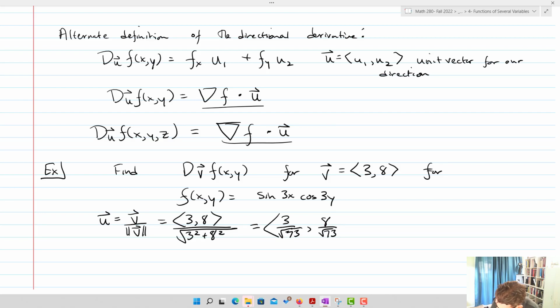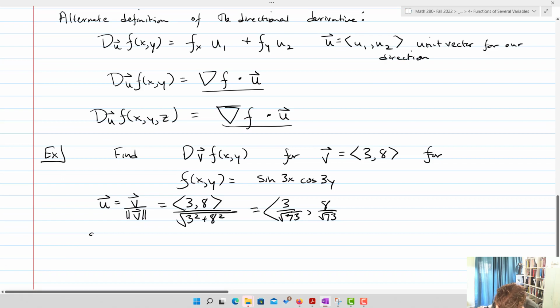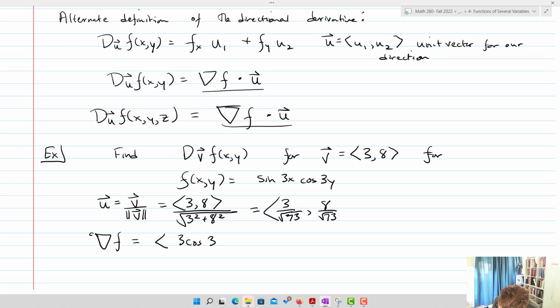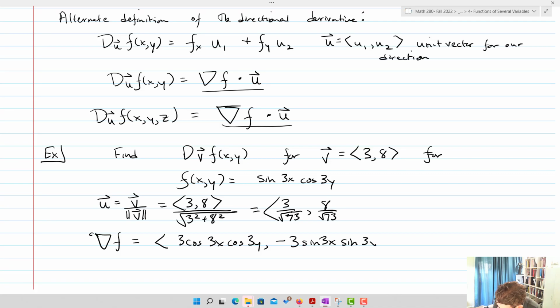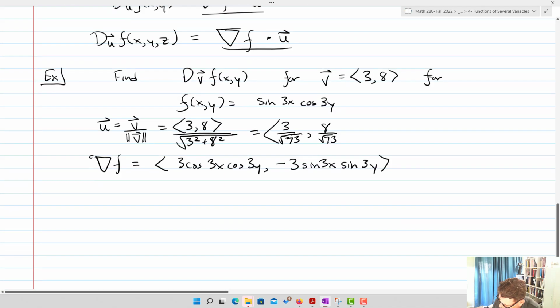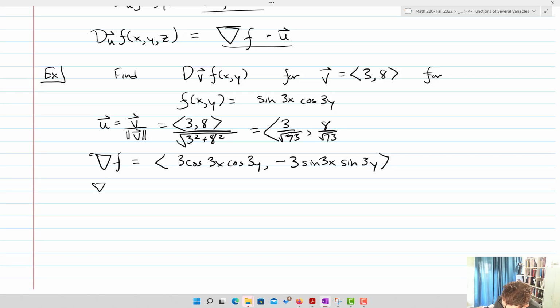And we actually, in fact, already found fx and fy. So our gradient, grad of f, is going to equal, once again, 3 cosine 3x sine, cosine 3y, and negative 3 sine 3x sine 3y. Then we'll take the dot product of those two, so we're going to take the gradient of f dotted with u, and so that's going to end up equaling